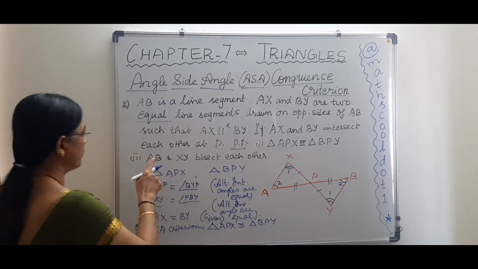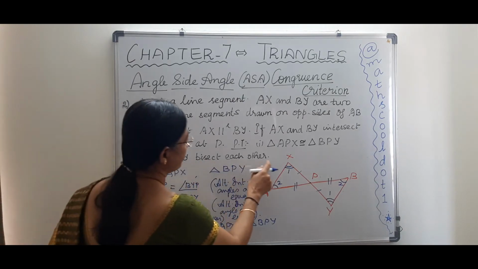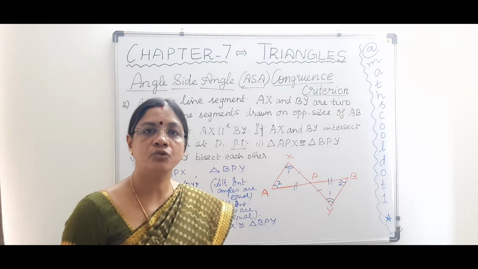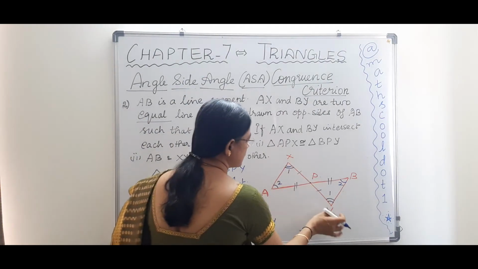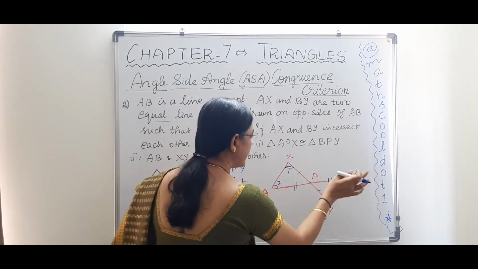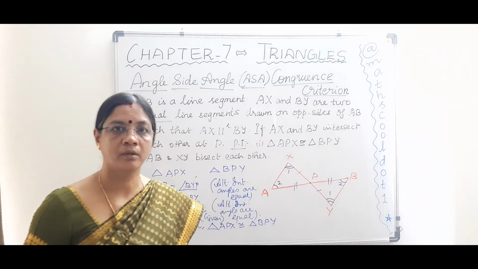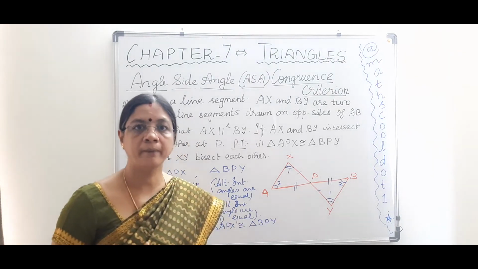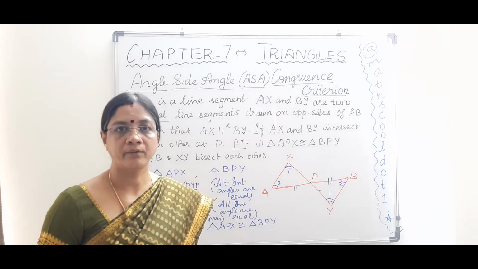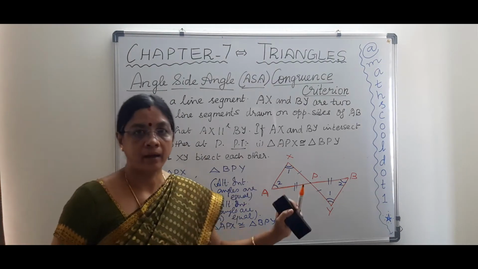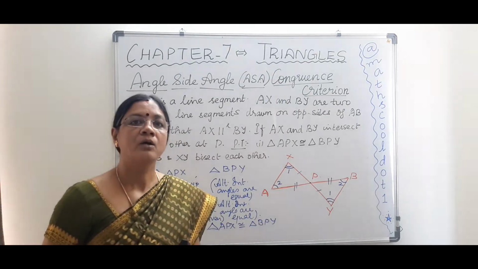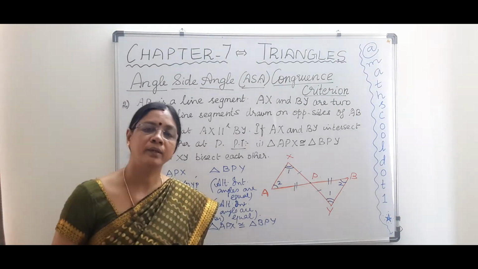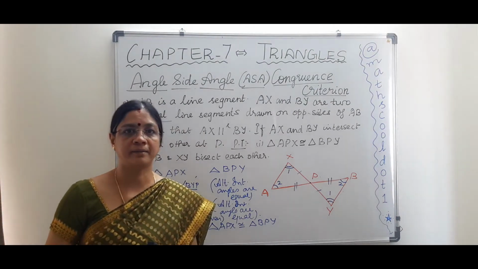So if P is the midpoint, then we can say AB and XY bisect each other. Okay, they bisect each other. They divide each other into two equal halves. So AB cuts XY exactly at the midpoint and XY cuts AB exactly at the midpoint. Now do you understand? So this is how we prove two triangles are congruent and the corresponding parts are also equal in the congruent triangles using angle side angle congruence criterion. Okay, so please do check this and I'll return back with yet another example in the same criterion.